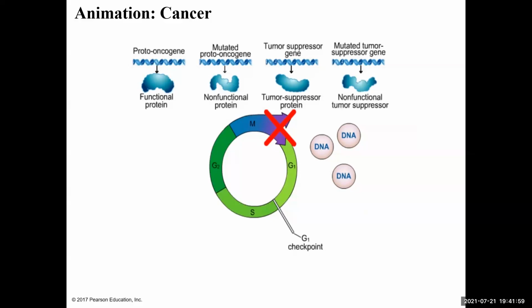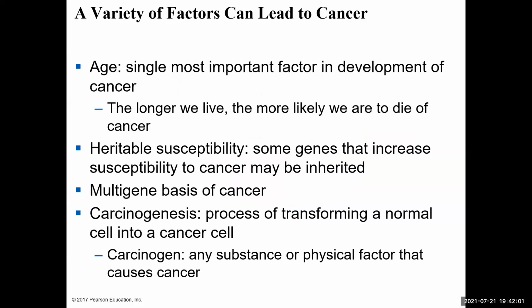Okay, so looking at cancer and some of the risk factors that lead to its formation, right? So how do these mutations happen? What causes these mutations to happen in the oncogenes and the tumor suppressor genes, etc., right? So some of the biggest factors that lead to the development of cancer or having a higher risk of cancer